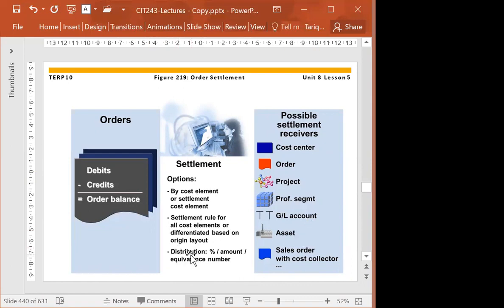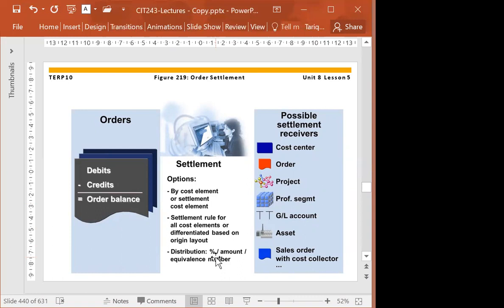You see here, during the settlement, we can distribute the percentage or some amount or some equivalent number. So I did a paint job for 3 different departments. That amount will be distributed in a percentage. I did a carpet job. Carpet, for example, the size of department number 1 is almost double than the other one.